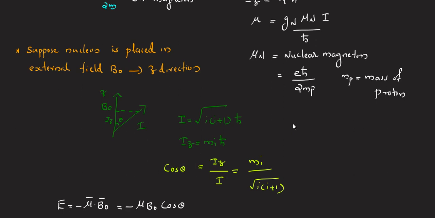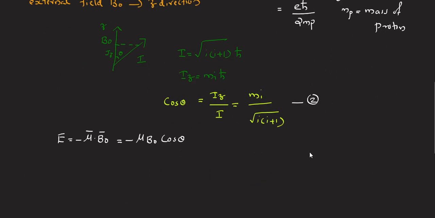Now let it be your equation number 1. Let it be your equation number 2, and suppose that your equation number 3. Now 1 and 2 in 3 implies E equal to,